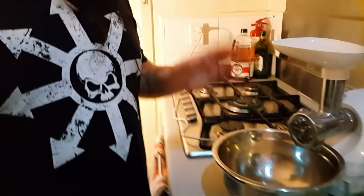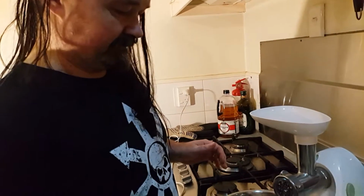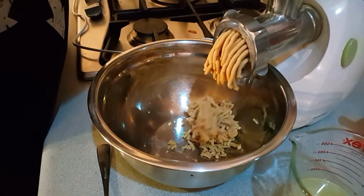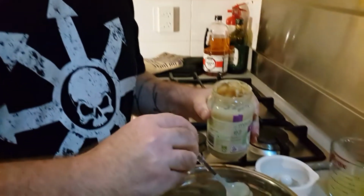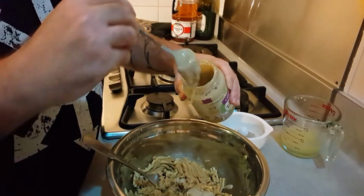Right, so we're going to get to it. This is going to be noisy, so I'm going to shut the sound down on this, but I'll show you just a little bit to get you started. Once the chickpeas and garlic are finely minced, then we want to add 6 tablespoons of tahini,